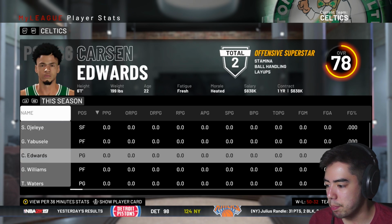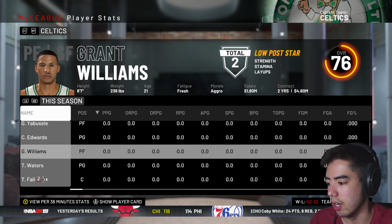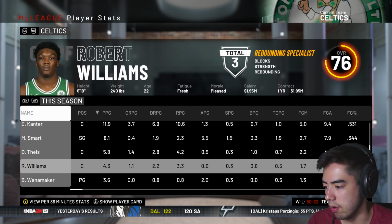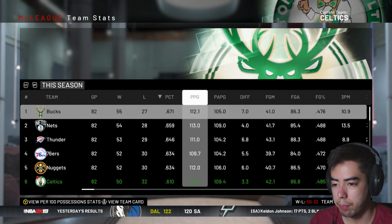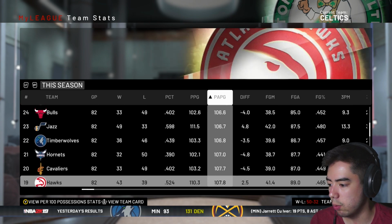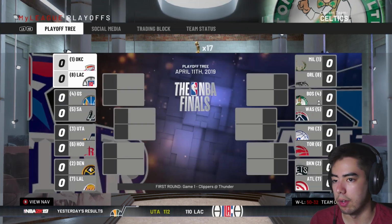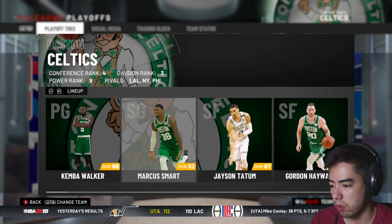So not bad. We'll see how much Tacko Fall improves. He's already at 79 overall there, and Carsen Edwards 78. So that'll be solid to get those guys in for next year. So team stats, points per game we were 3rd, and points allowed we were not good, 8th worst in points allowed. So we definitely need to improve defensively, but we are the 4th seed playing the Washington Wizards, who have